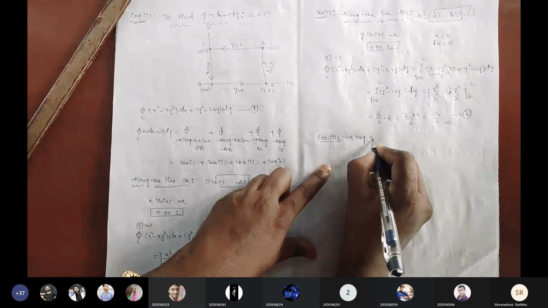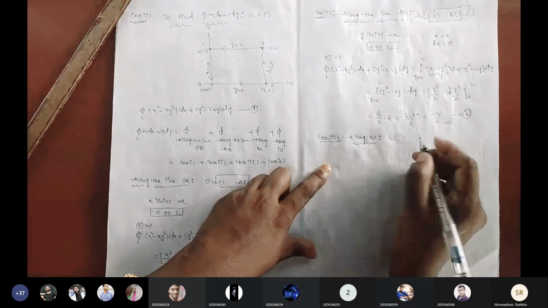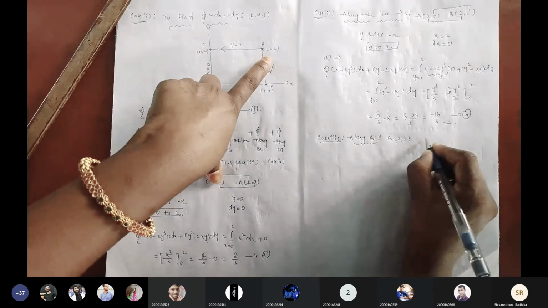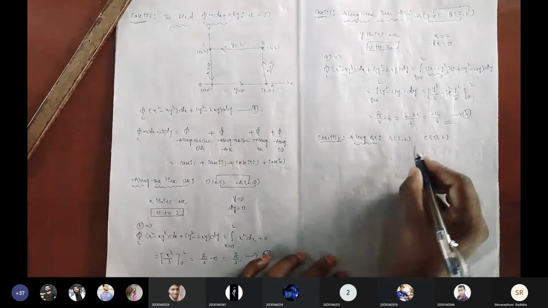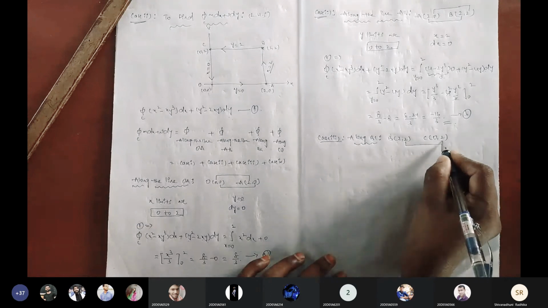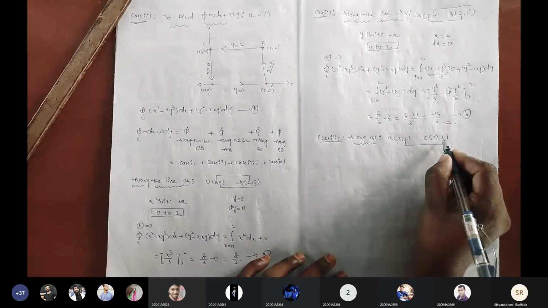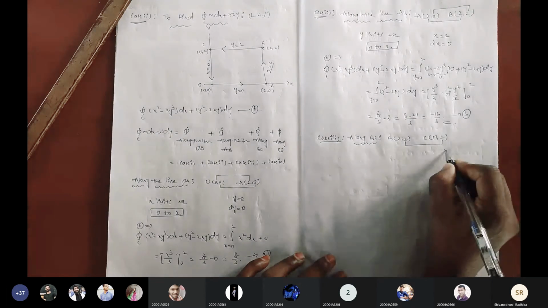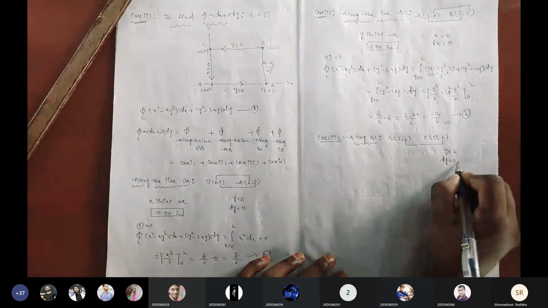Along BC. Again, we are going to write the points through the line BC. B points are (2, 2) and C points are (0, 2). See here, the y limits have the same value, 2, here and here. So this is the line y equals 2. Immediately we have to differentiate: dy equals 0.